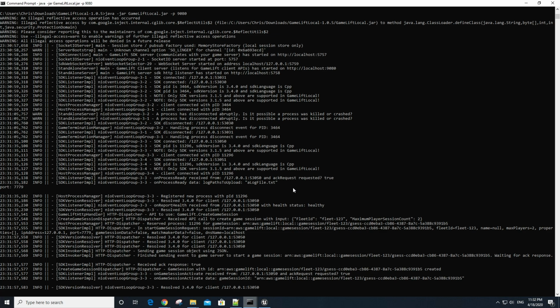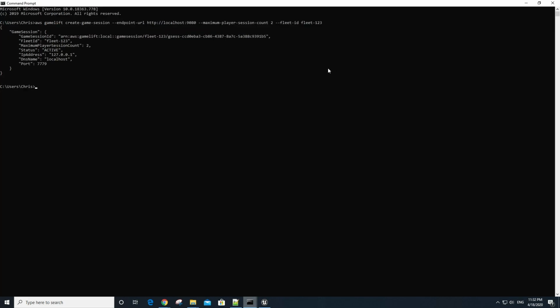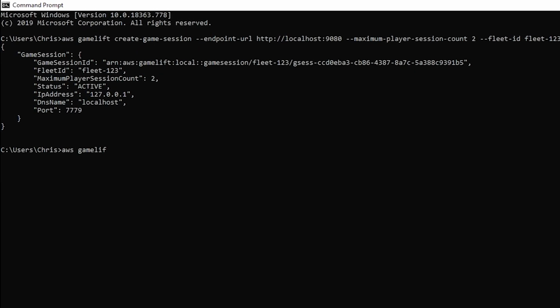So to make sure that there's an active game session, let's go back to our other command prompt here and let's type out aws gamelift describe-game-sessions. This describe game sessions command gets us all the game sessions on a fleet, and it takes in a couple of parameters. The first one will be --endpoint-url. We're going to pass in